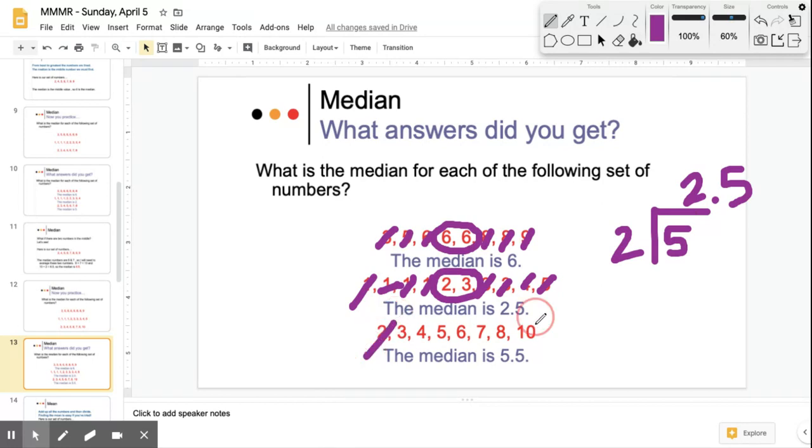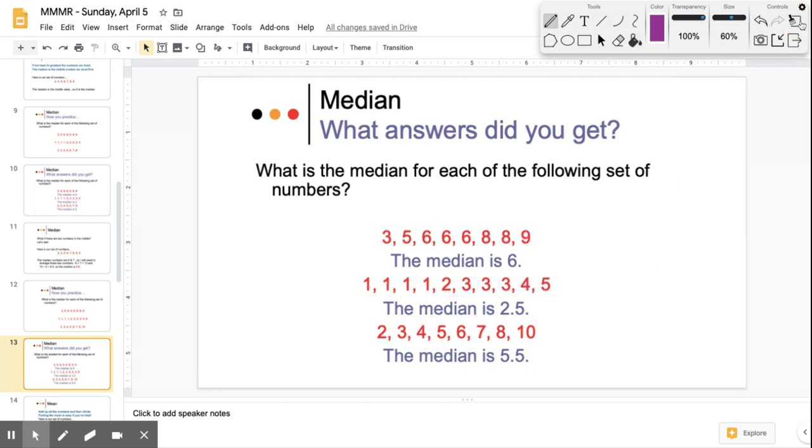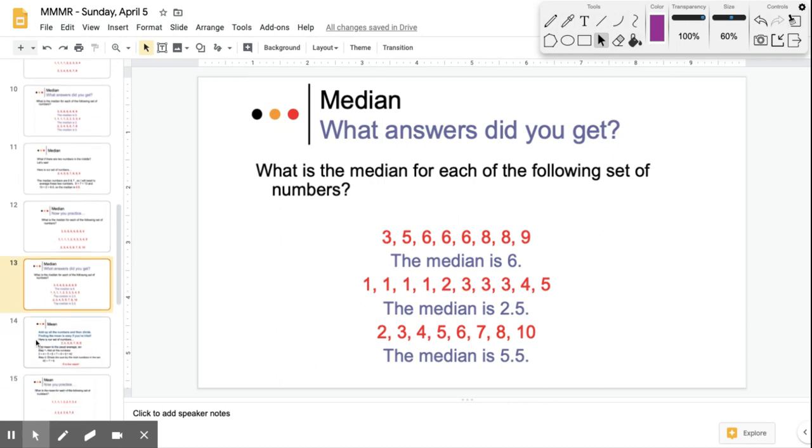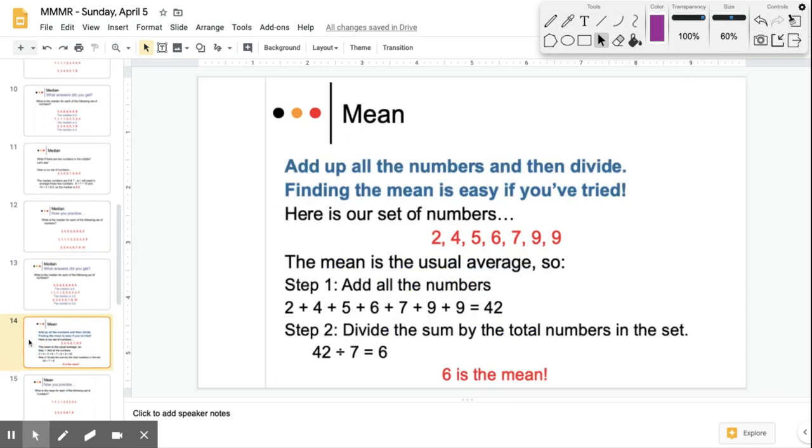And in the last example, if I use the strategy, it is going to get me to 5 and 6 as the 2 middle numbers, and in the middle of 5 and 6 is 5.5. So the median is 5.5. Moving on to mean, again,